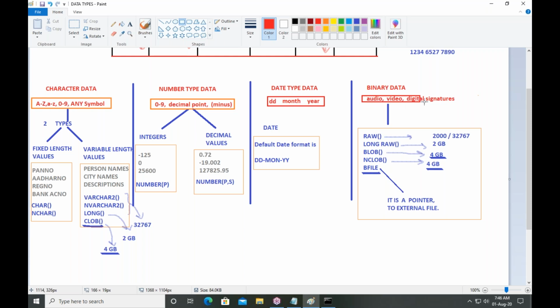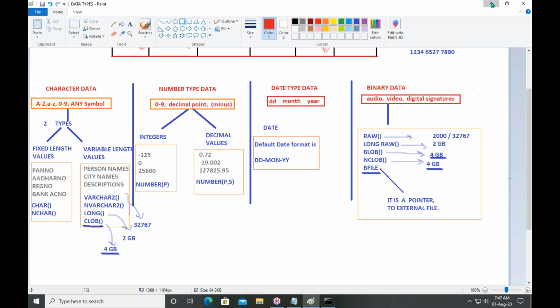But nowadays end users are able to download more than 4 GB value. How is he able to download that? Suppose you are downloading a movie. Its size is 5.5 GB. 5.5 GB is not available in the Oracle database.